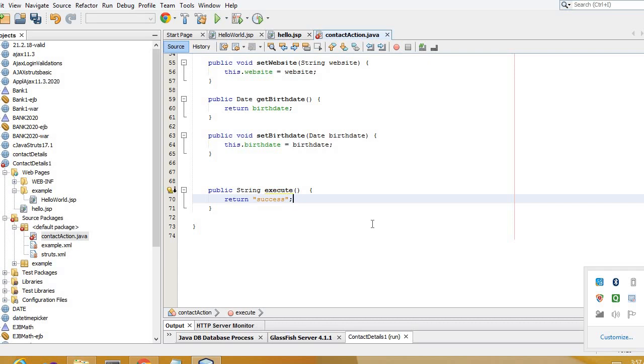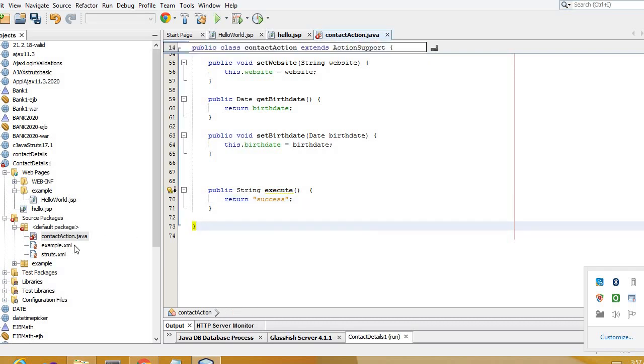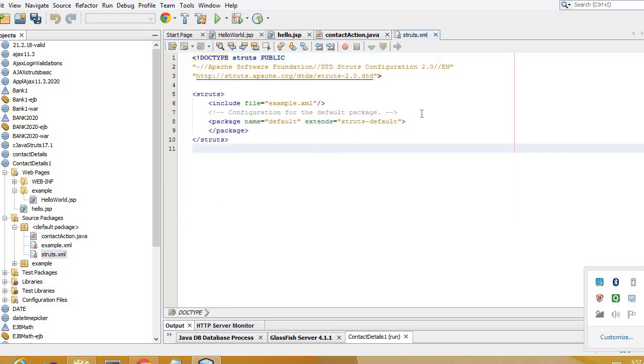Okay, so let's move on to our struts.xml file. So let's go to the contact details one. Here the struts.xml file is there. So this .xml file does the mapping. Okay, it maps the information from one file to another. It takes a particular action.